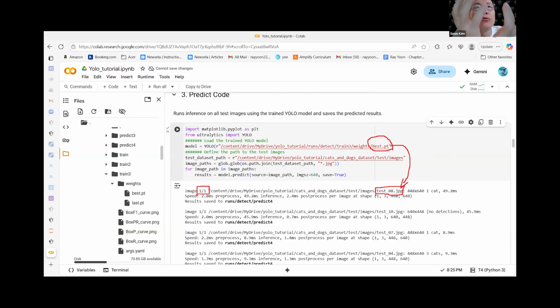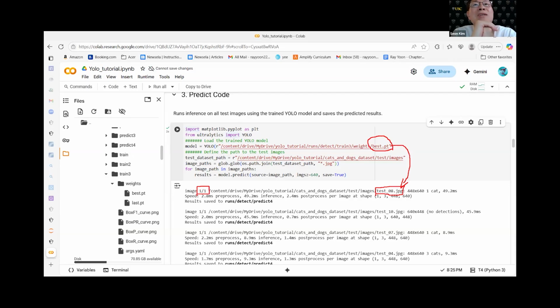The model is the newly developed model, and predict means we are taking a new image and performing the actual prediction. The result goes to the result variable. And when you call the developed model, you need to provide the source image file name,